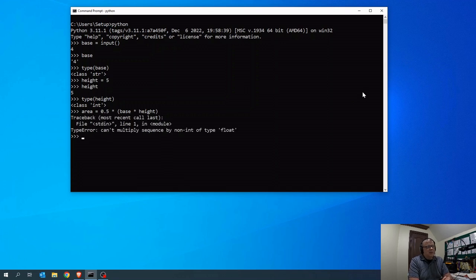Oh, the interpreter says, no, you really were wrong here. You cannot multiply that base times the height times a literal. So again, input takes a string. If we want to convert it to an integer or convert it to a float, then we have to take that little bit of an extra step. So with that being said, let's go learn